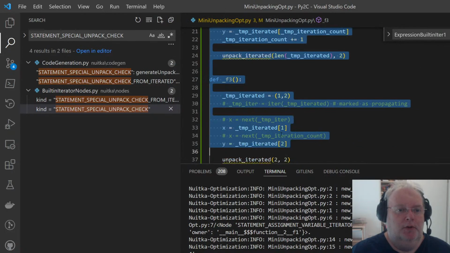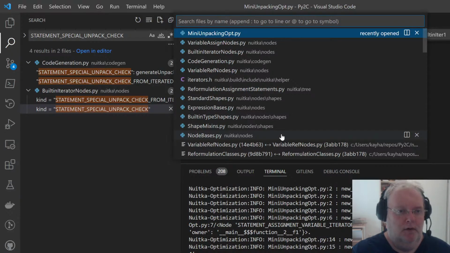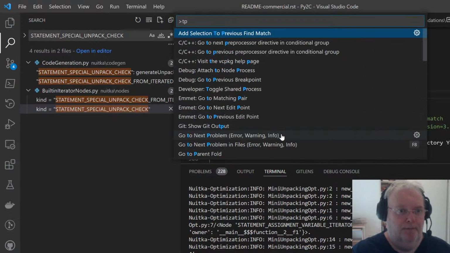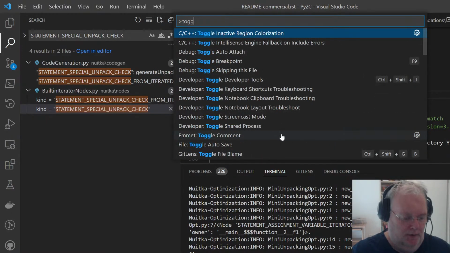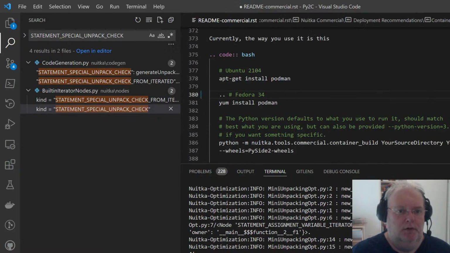Let me comment all of this out because I do not want to see toggle line comment. I didn't use this a lot. Wait, where am I?